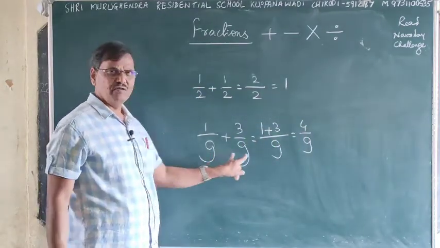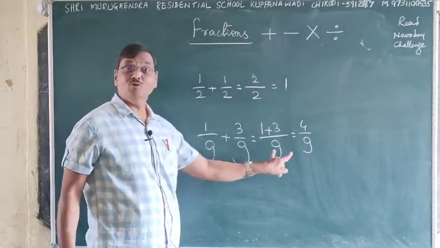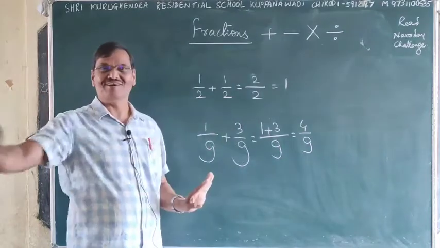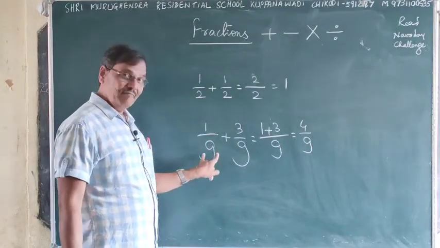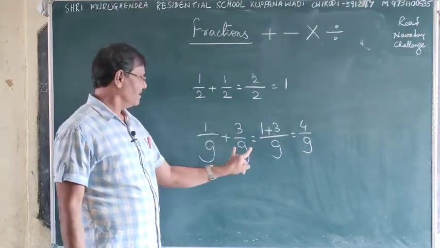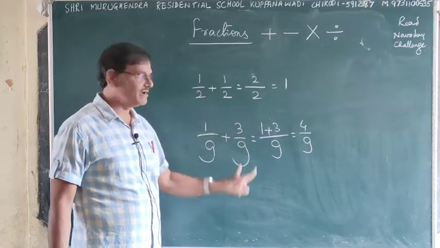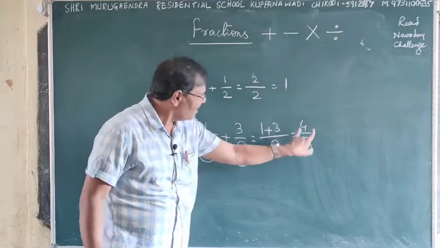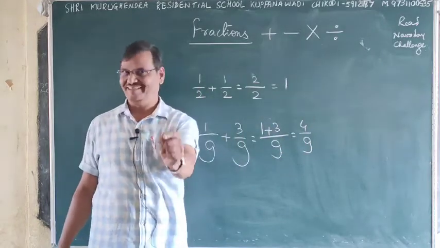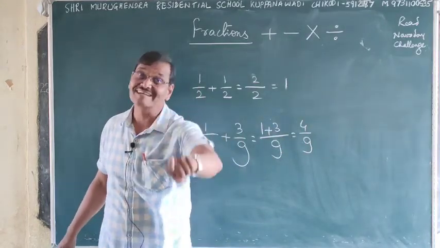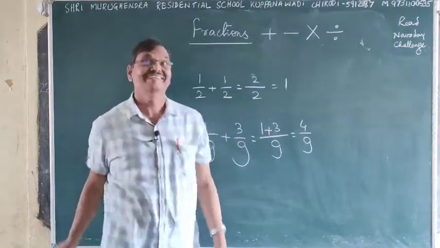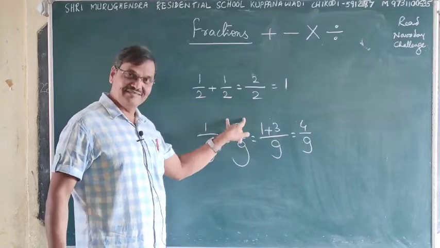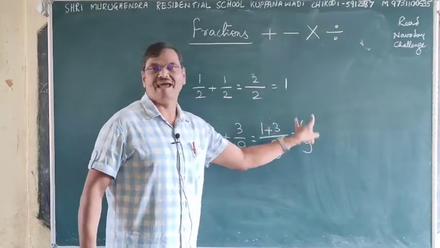Only thing, 9 plus 9 is equal to 18, but it is not 18, because we have not made 18 parts. Here from 9 we took 1, here from 9 we took 3. So at last how many did we take? From 9 we took 4. Got it? You have to understand it like this: from 9, 1 and from 9, 3 is nothing but from 9, 4.